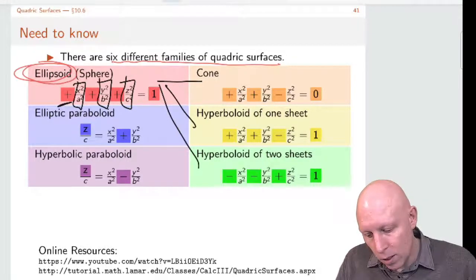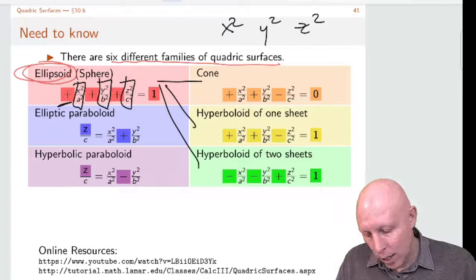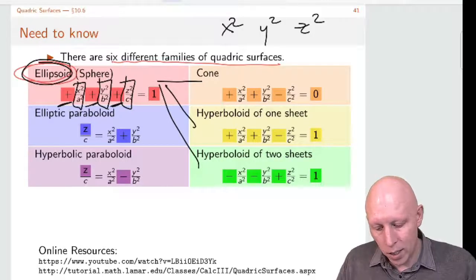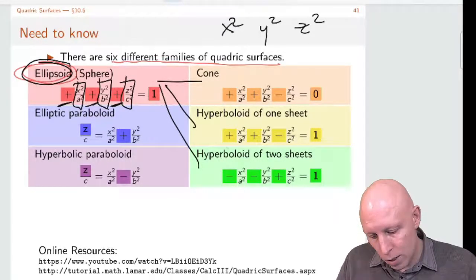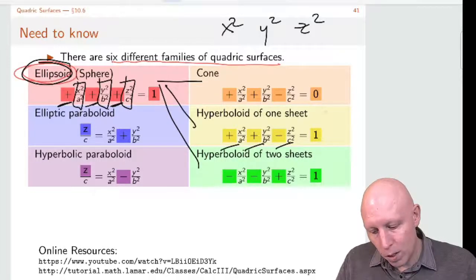When you have something that looks like x squared, y squared, and z squared all involved in the equation, if the coefficients are all positive, then you have an ellipsoid. If 2 of them are positive and 1 is negative, then you get something called a hyperboloid of one sheet,